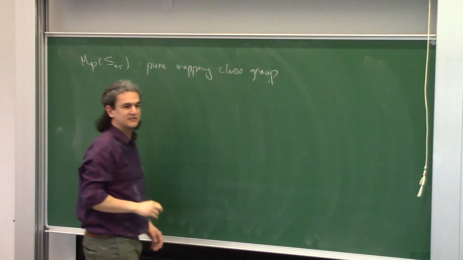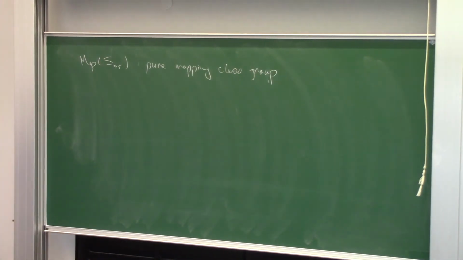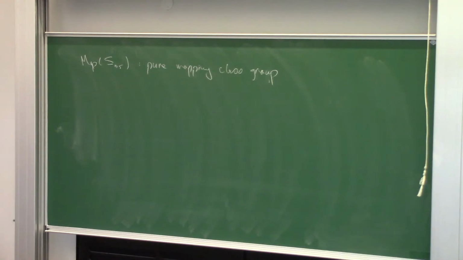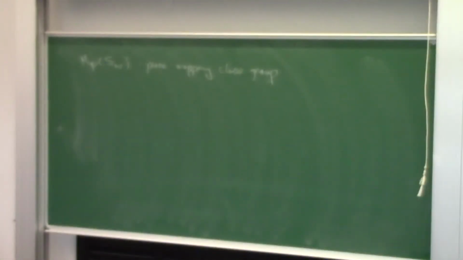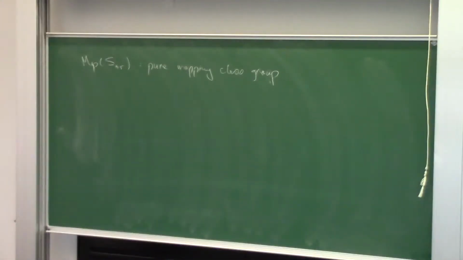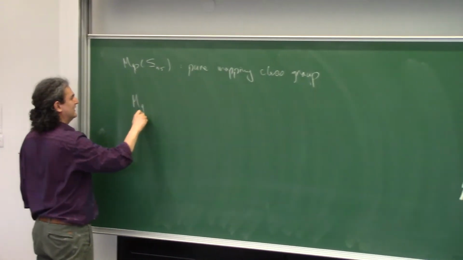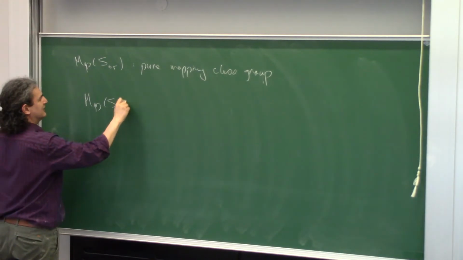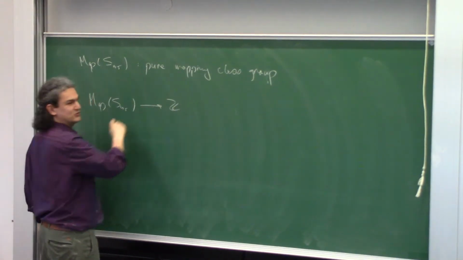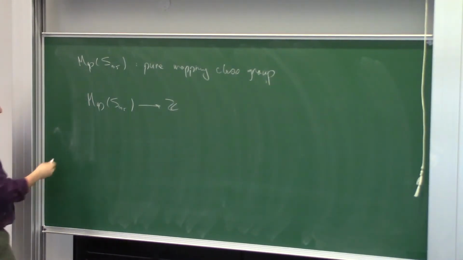So the punctures are fixed. In particular, there is no half twist in my business. You just do full twist. The good thing about full twist is there are fewer relations, so your life is a little bit simpler. And now I produce a homomorphism from this object to Z, and I do it like that.